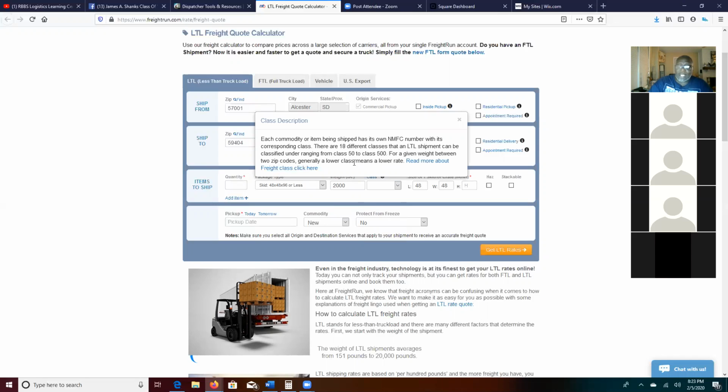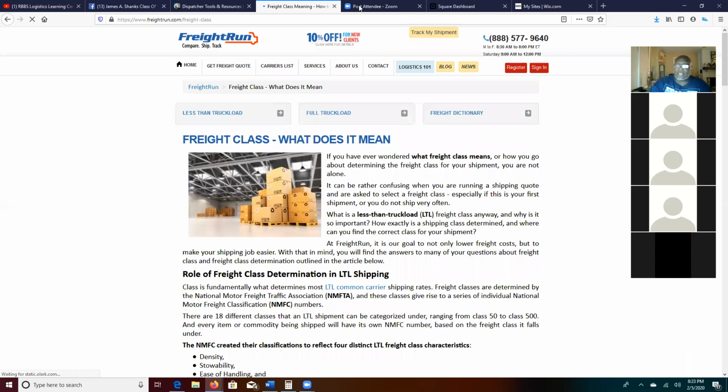Generally, a lower class means a lower rate. I had some people that were trying to get in. Got everybody in. Okay, sorry about that.